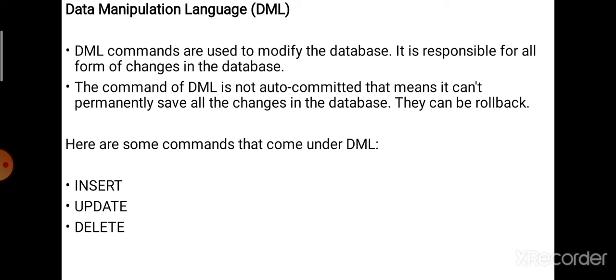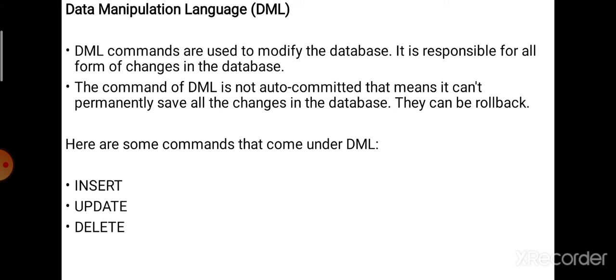If the user does not need the changes which they have made, then they can use the command rollback to remove the changes they have done.